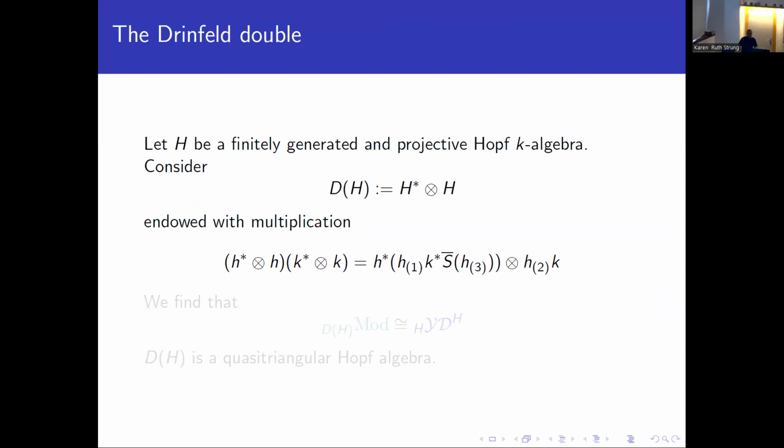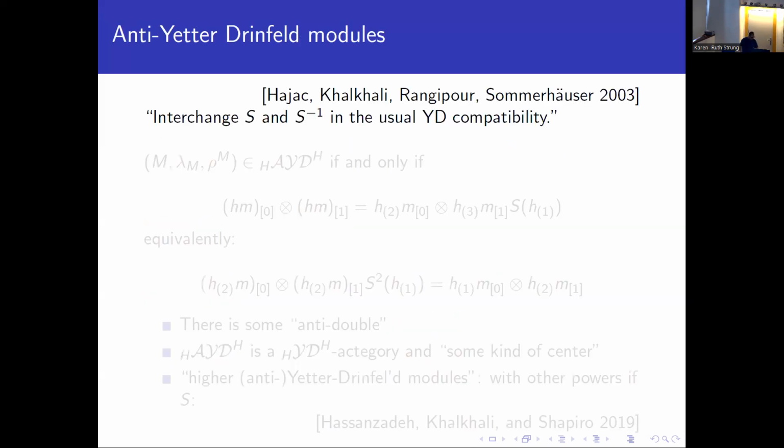And of course, the other side of the story is that if our bialgebra or Hopf algebra is finitely generated projective, then we could consider the Drinfeld double here, which is a Hopf algebra, and the algebra structure is given by some sort of double cross product. And we will also find that the category of Yetter-Drinfeld modules is equivalent to the category of modules over the Drinfeld double. And here, this Drinfeld double is a quasitriangular Hopf algebra. Although we will need the structure to prove it, I will not really talk about the proof now. So that's the story about Yetter-Drinfeld modules.